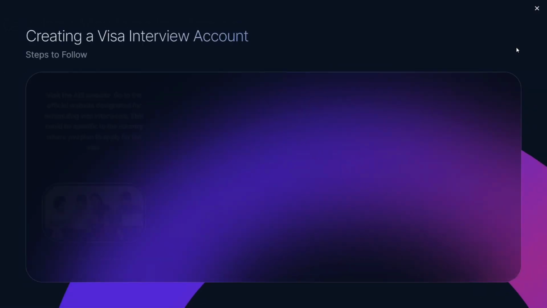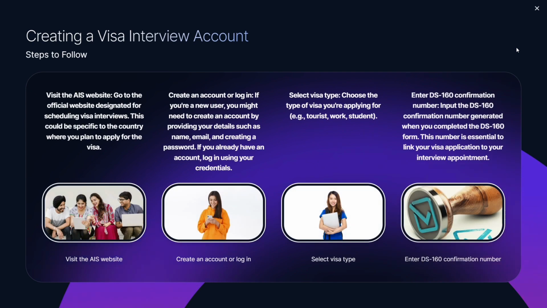So you can reschedule it multiple times at any given time, right? So you can keep whatever details you provided for the DS-160 handy while creating an AIS account there, right? Once that is done, you have to get all your things aligned, right? So for creating a visa interview account, you will need to visit the AIS site and provide all